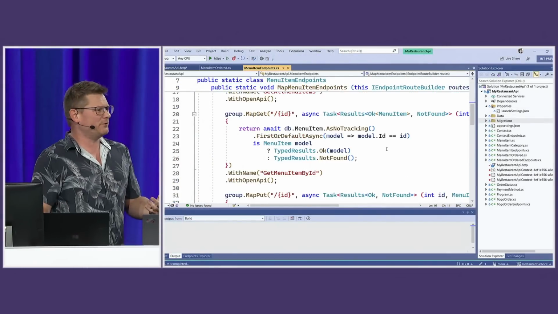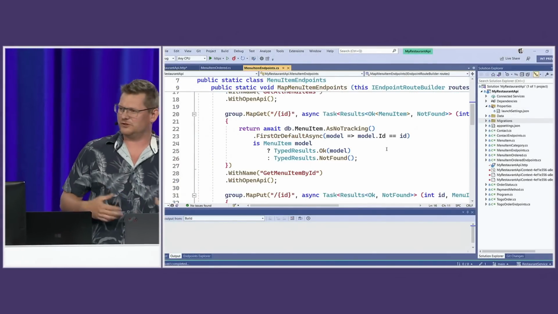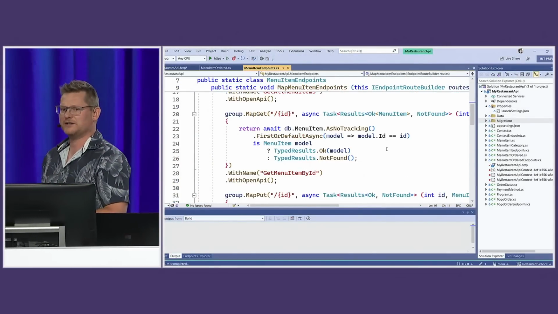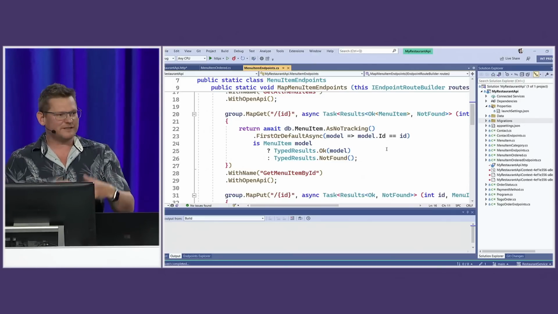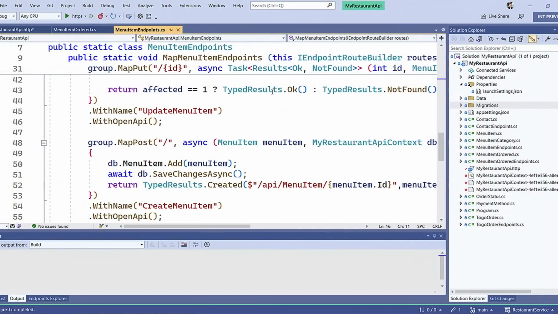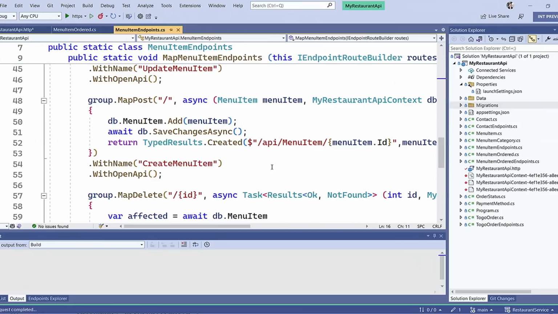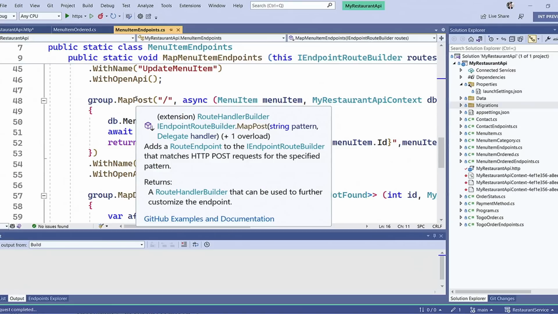And you probably know this when you're working with APIs that you don't know if you're using a new NuGet package that you haven't used before. You don't know how to use that API that it provides. Or if you're new to a team, you don't know how that team writes their code, right? So if we look at this code here, there's something called group.mapPost right here. I'm not sure what that means. So check this out. If I just hover over this API,